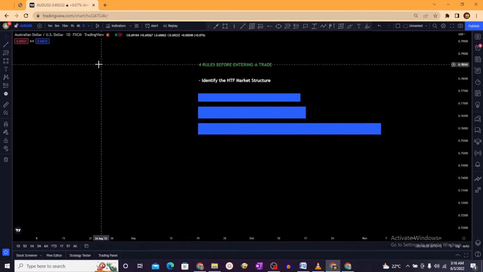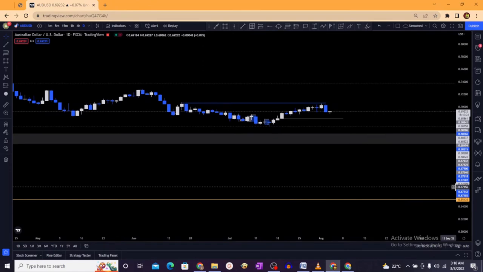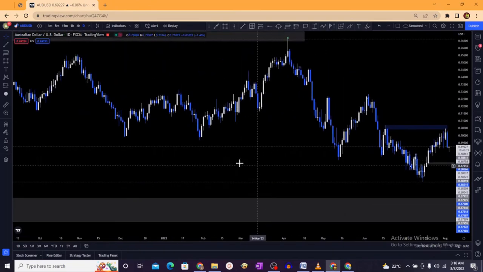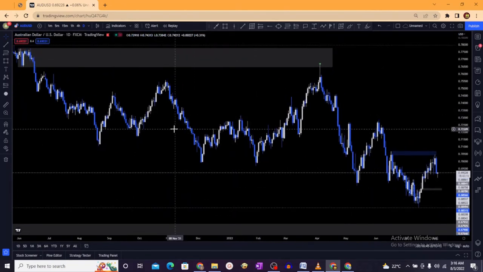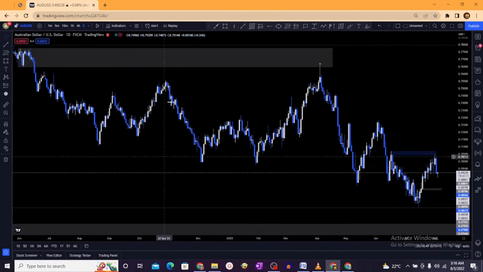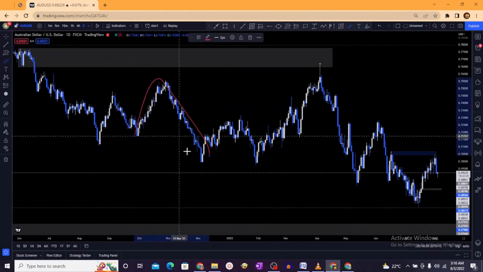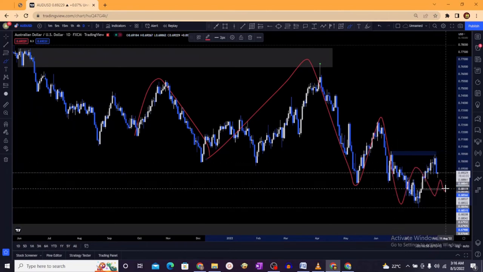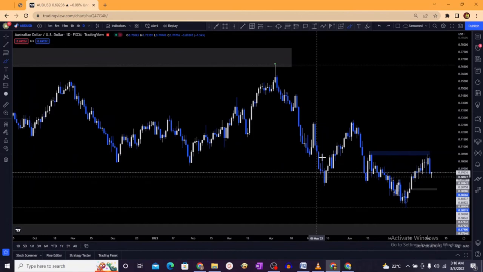So here now I'm on this pair AUD/USD. You can clearly see that this is the daily time frame, and the trend is bearish. Why? We're making new lows, lower lows, and lower highs. Lower low, lower high, grab liquidity, break structure here again, same thing. So we're breaking structure to the downside, meaning that the overall trend is bearish,